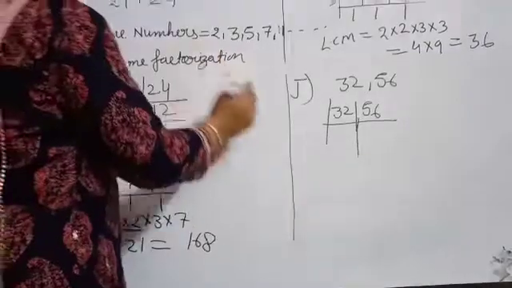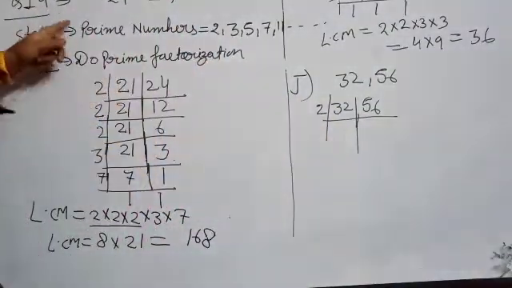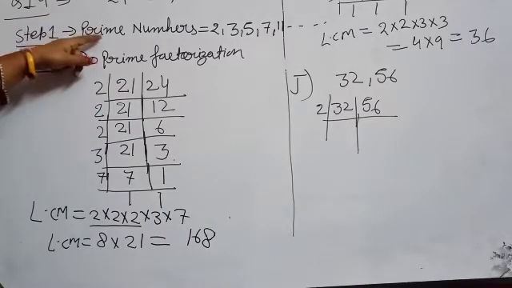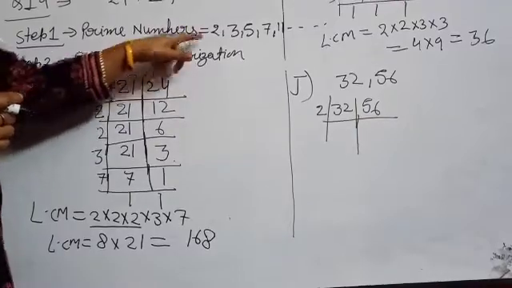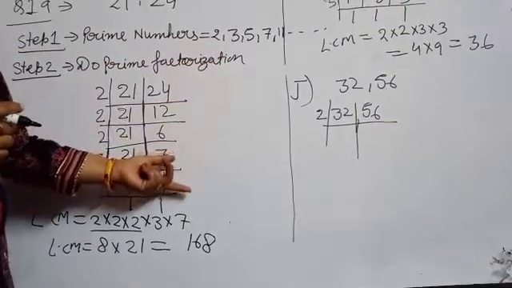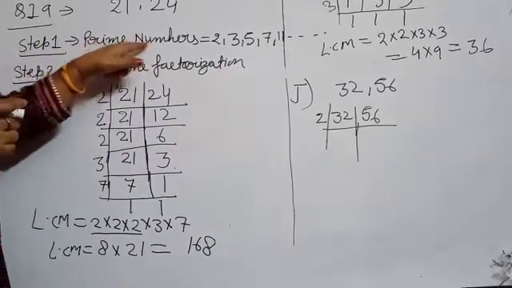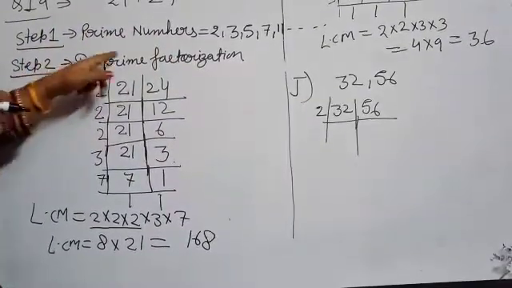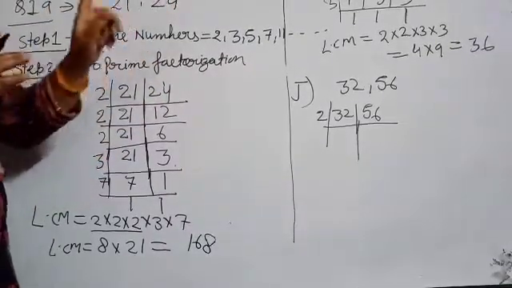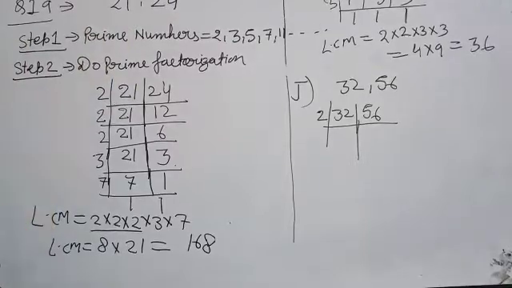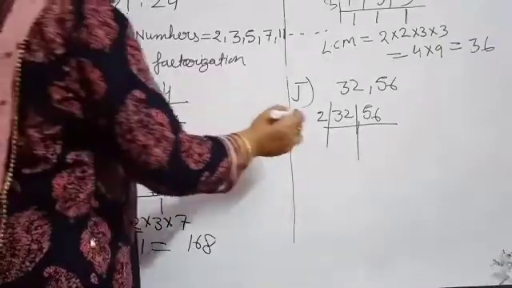Take first 2. And how do you have to proceed? In this way, you will go through the steps. Step 1, you will write prime numbers. I am not writing them again and again because there is less space on my whiteboard. In each question, the first step will be to write prime numbers, the second step is to do prime factorization. I am doing prime factorization, but I am not repeating prime numbers, otherwise I will not get enough space to write. But you will do as we were doing last year.